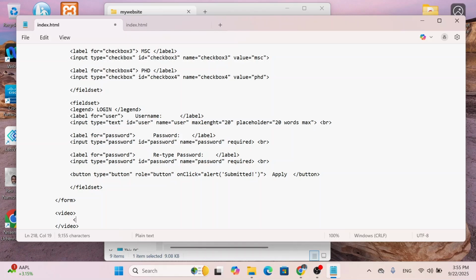I'll nest my source, source, give a space, src equal to double quote, then type, type equal to double quote video slash mp4,